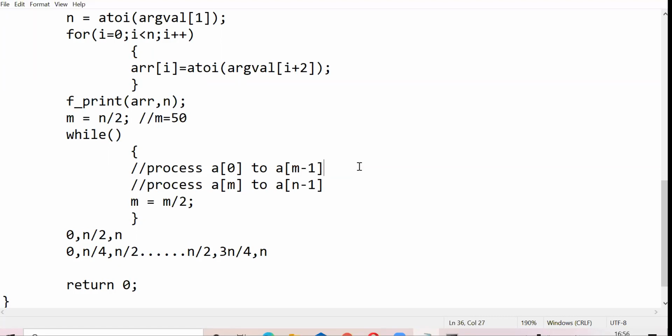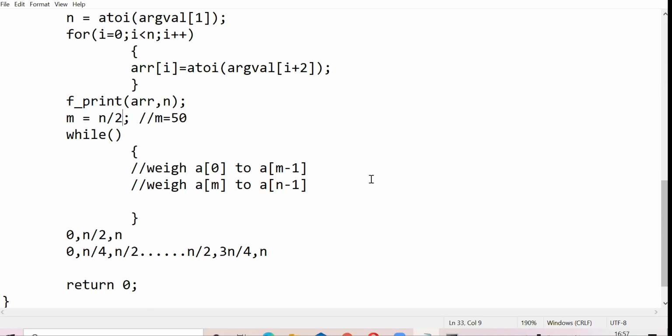Okay. Let's take the coin example itself. That will be easier to do. So assume that I'm taking your divide by half and divide by half case only. So this m is your n by 2, right? So assume that I was having 100 coins initially. So I want to compare the first 50 with the later 50. So here this process means you weigh the coins from A0 to A of m minus 1, and here you weigh the coins from A of m to A of n minus 1. Right, now one of these will be heavier. Now you see which one is heavier, and according to that you can change the indices here.